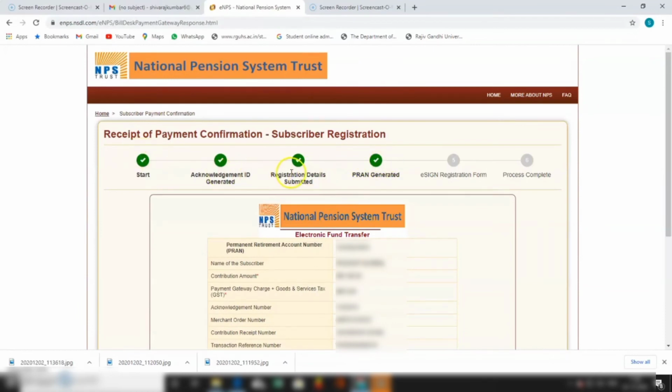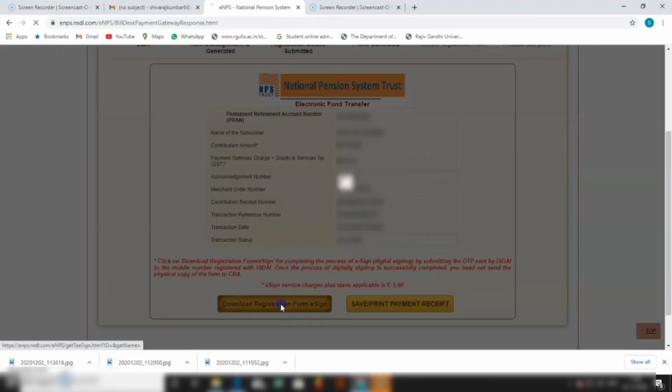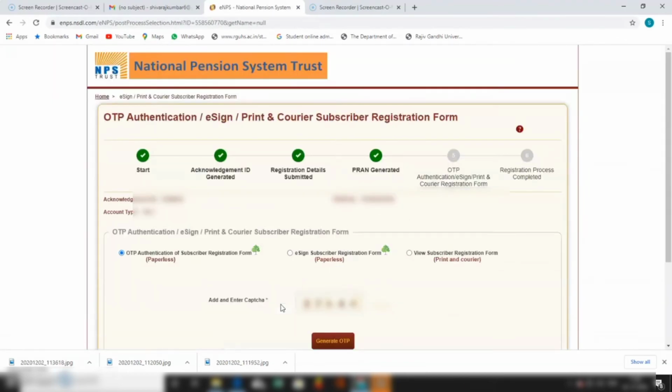Next is the e-signing of the registration form. So click on registration e-signing and 3 options will come. OTP authentication: in this, you will receive an OTP on your email ID and mobile. In e-signing, an Aadhaar based OTP will come. And the third one is print and courier.